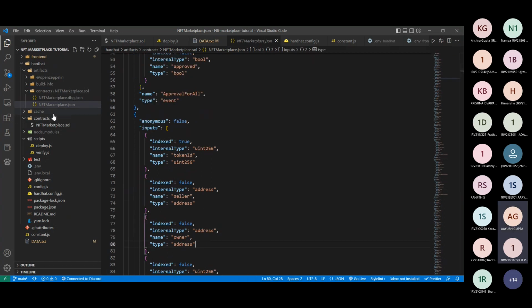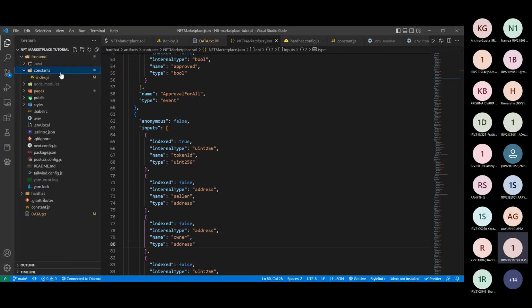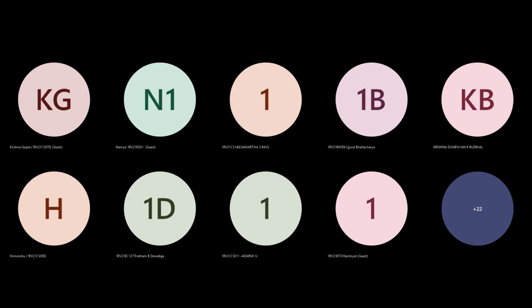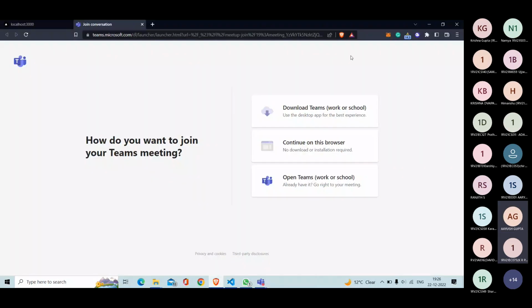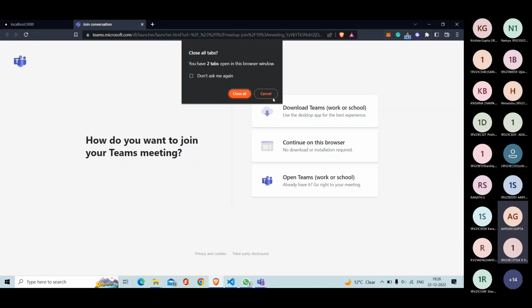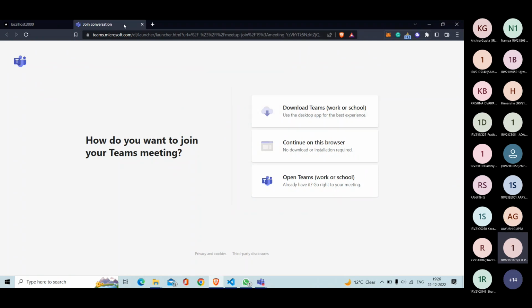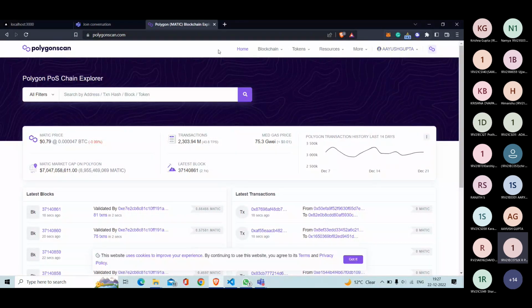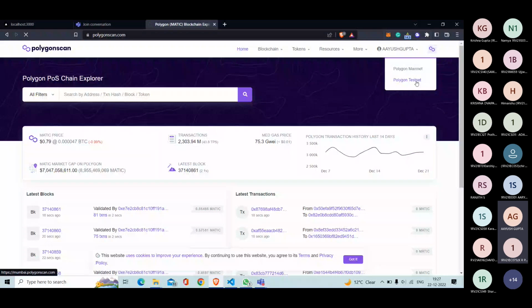So just copy paste this and create a constant in a file with the name index. Here we create two things: marketplace address, this, and ABI. If you copy paste this address and go to Polygonscan, and move to the Mumbai test network,